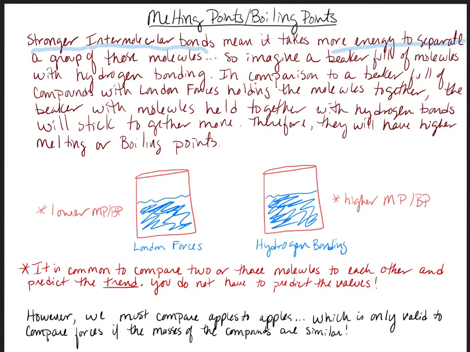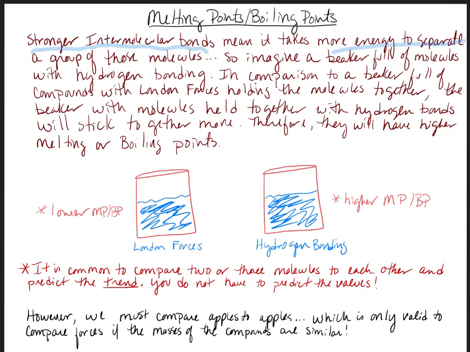So if you have that Velcro ball, it takes more energy to pull those two balls apart than it would just to let them drift apart because they don't have that Velcro on them. So when you're looking at these things, I want you to imagine if you have a beaker full of that material. Most of the time when you're seeing a comparison between this melting point and another melting point, what you're seeing is one molecule. But that's not what is in that beaker. It's millions and billions and gazillions of molecules, and they're all interacting, but they usually have the same structure